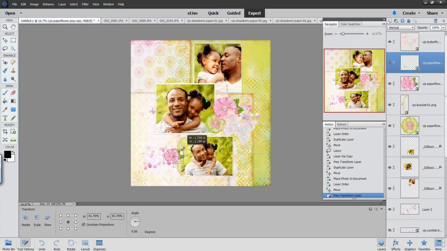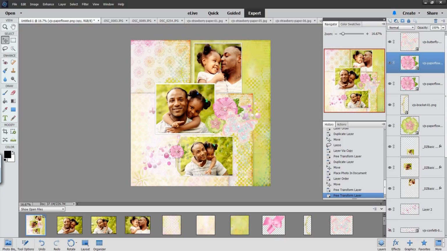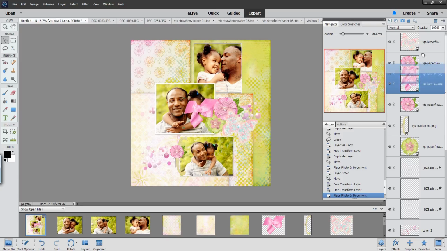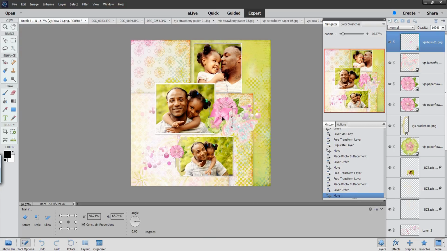I'm going to size my flower down and position it into place. And finally, I didn't do this before, but now I'm going to add this little bow because I just love bows and I think they make everything look so much cuter. A bow can probably go on any layout and make it look spectacular. So I'm going to add that bow right there on top of that flower, size it down, and then click